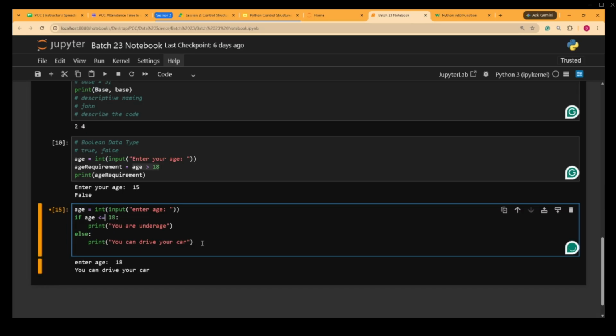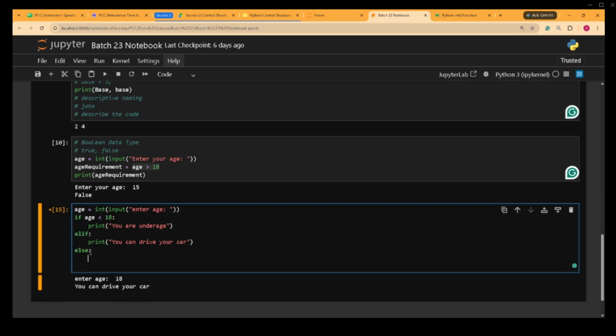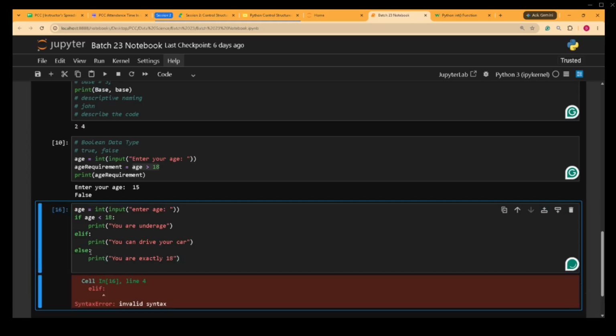Or we could also do it another way, right? We could change this one into an elif, and then have another else condition here, and then we can print that you are exactly 18, right? Because if it's 17,